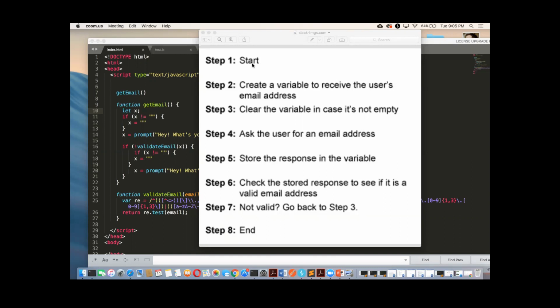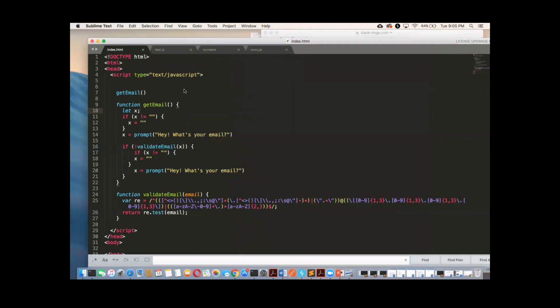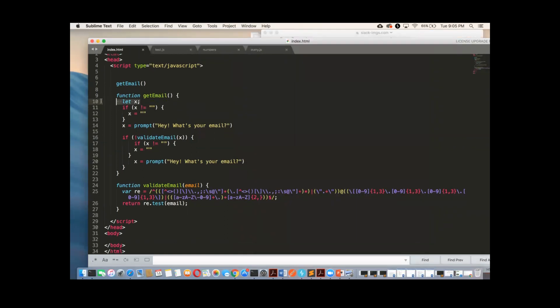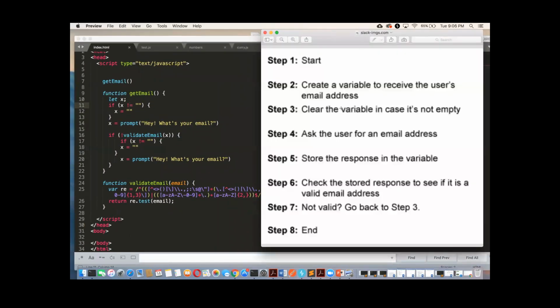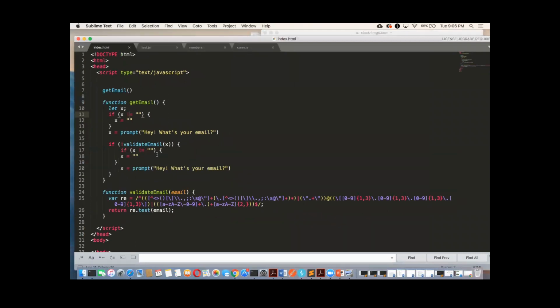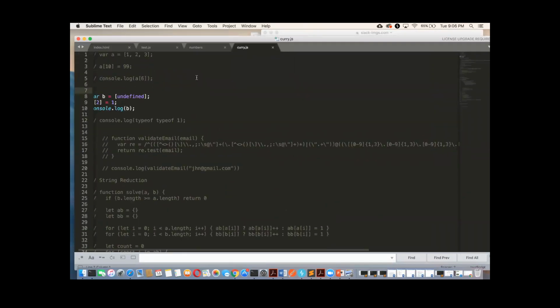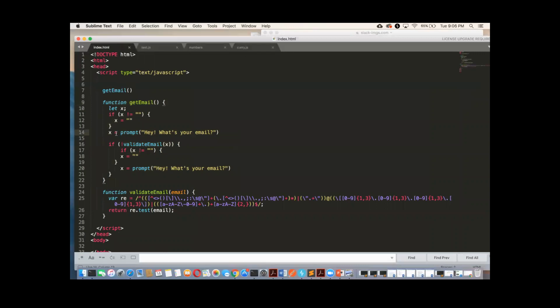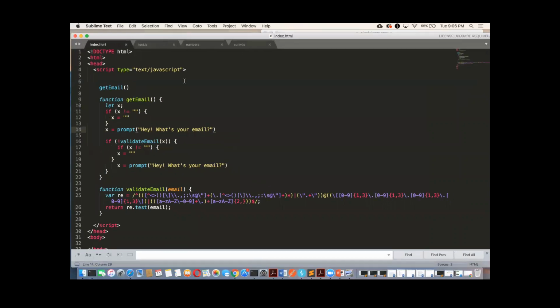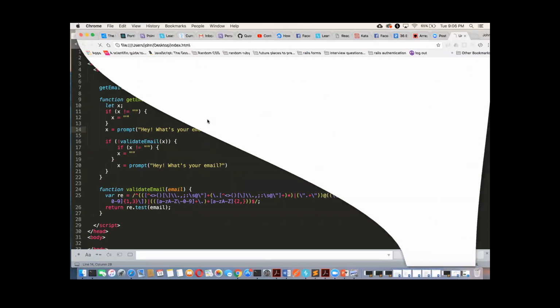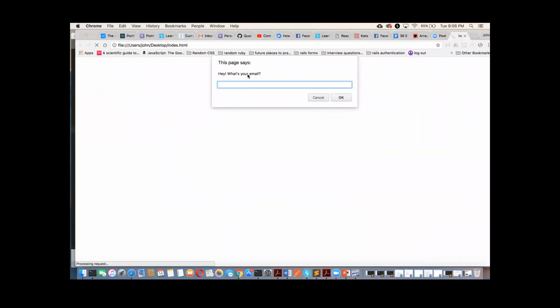Okay. So it says start, and this says create a variable to receive the user's email address. So I just did that here with let X. I should probably start by saying I tried doing this within a pure JavaScript function, somewhere over here, and it doesn't work because you can't do the prompt thing. Let me show how this works first. The screen opens up and asks, what's your email? If you put a random email, it goes like,